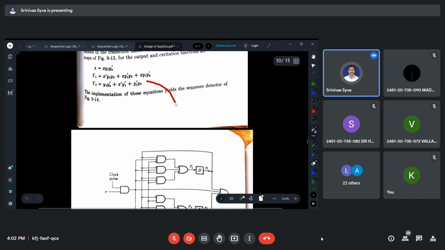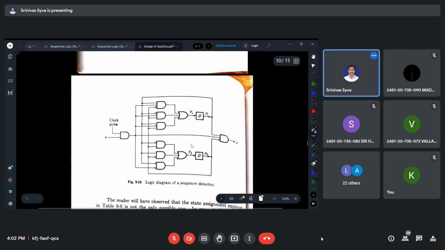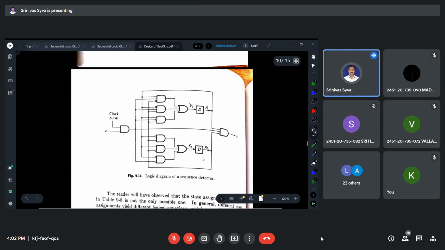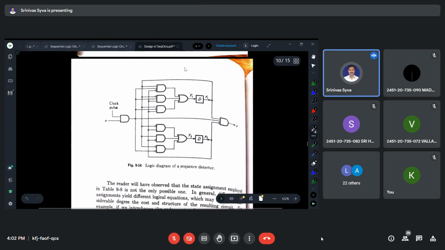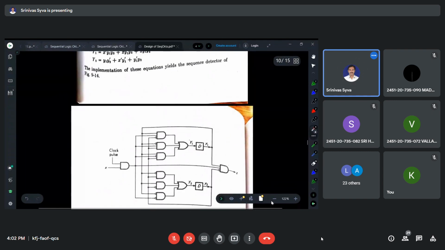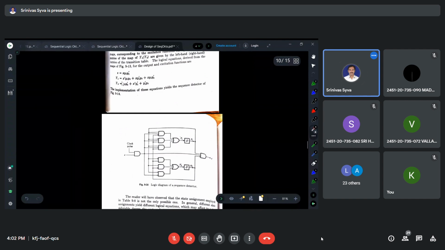So based on this, this circuit is drawn here. Logic diagram of a sequence detector. Now we have developed this one, okay. This is output Z. See, with the help of these three equations, this was written, okay. Right. So here,